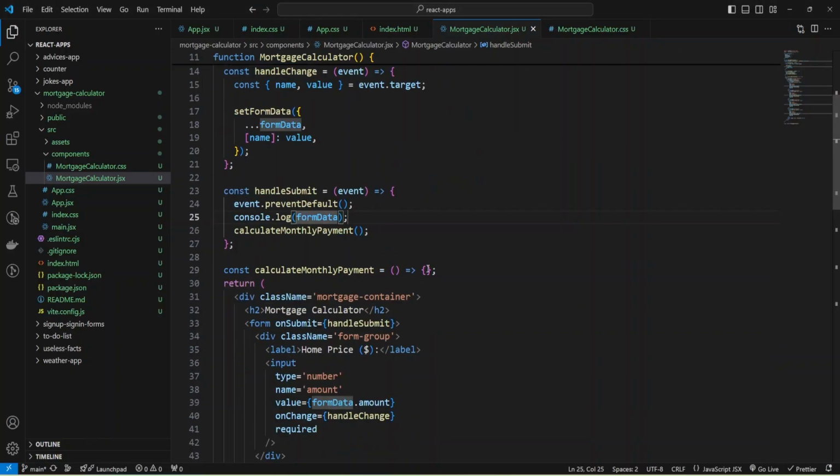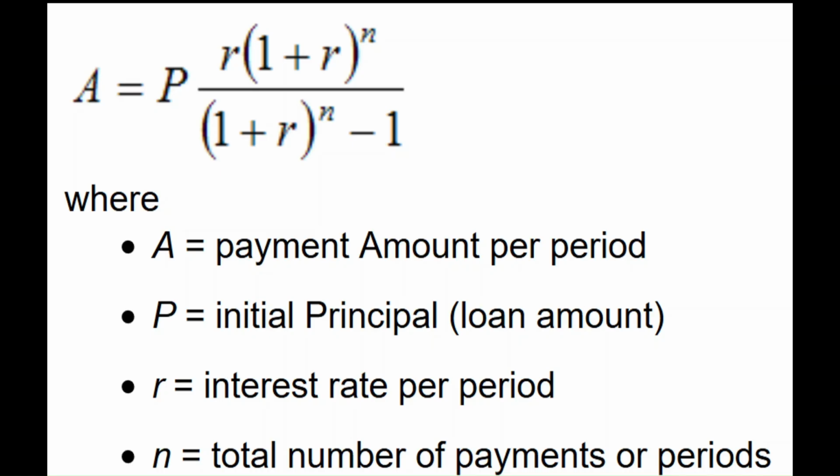that actually does all our calculations. And for calculations, I'll use this formula. You can see what values we need, but I'll implement the calculations inside my code.